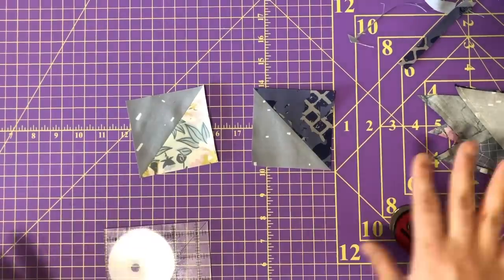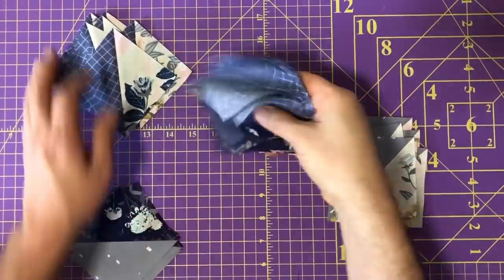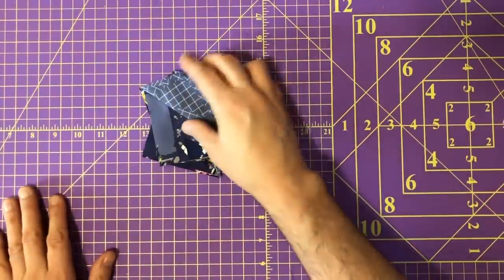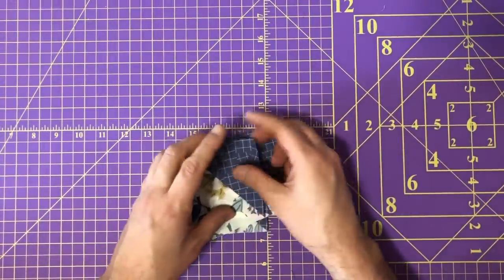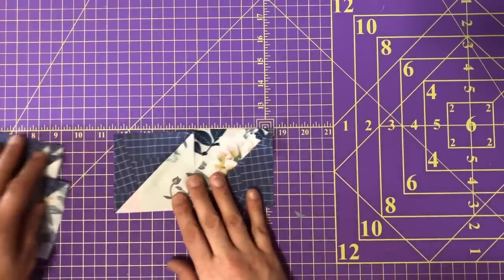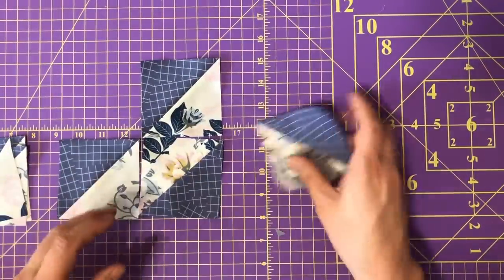And then the final thing that I show you in this video is all of the different variations of layouts that you can do with half square triangles. So now I have all of my half square triangles prepared, and this is the stack that I have the most of. So I'm going to show you different layouts here. JK. I'm going to pick this one because there's more contrast for you to see. And there is the chevron that is in the thumbnail here. And this is how you would do it. Like this. Take the triangles to go